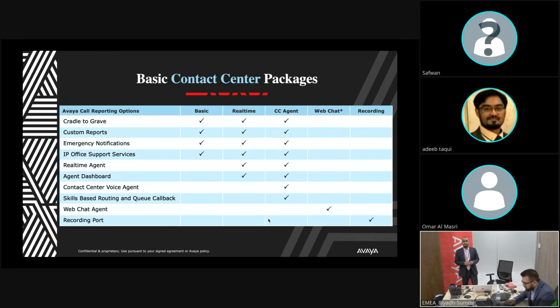For the ACR, if the customer needs only reporting, standard and only reporting, he will go with basic. If the customer needs reporting and real-time dashboard, wallboard, all of that, he will pay for only real-time, which will include the basic. If the customer needs the full flag of ACR, he needs the standard reportings, he needs the custom reportings, he needs the real-time, he needs the dashboard, he needs the wallboard, he needs the scale-based routing, he